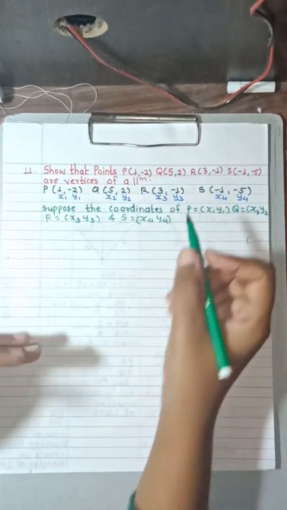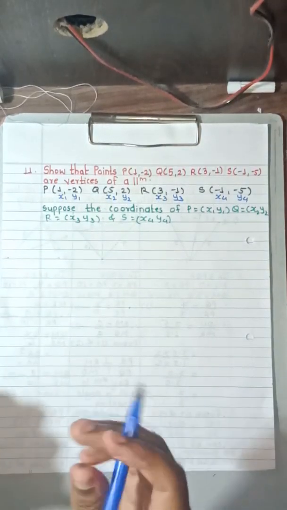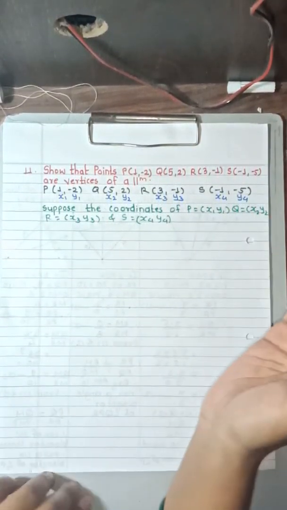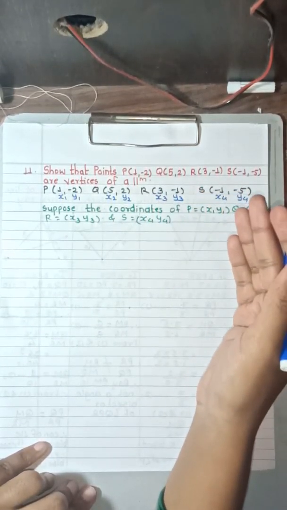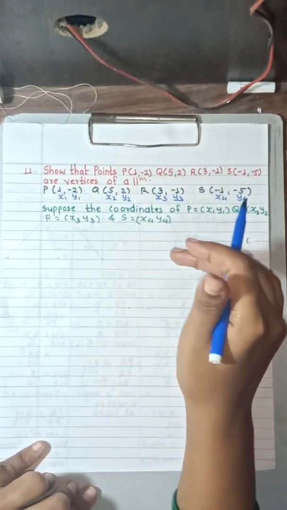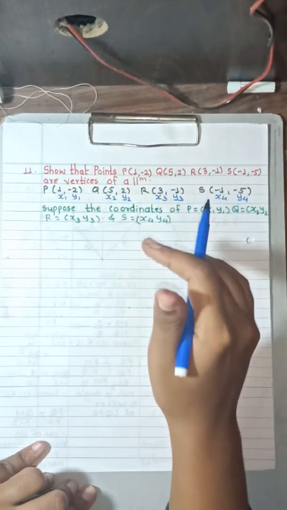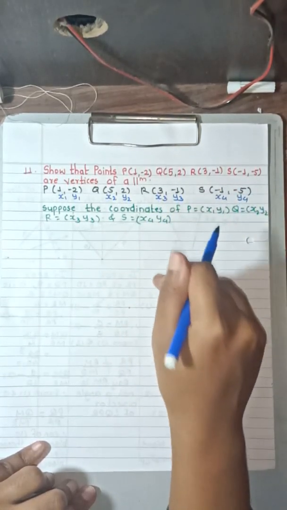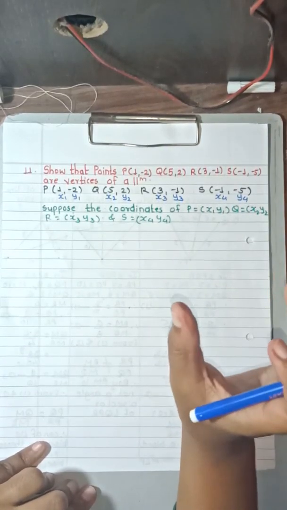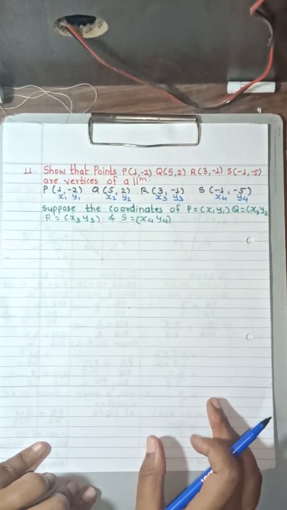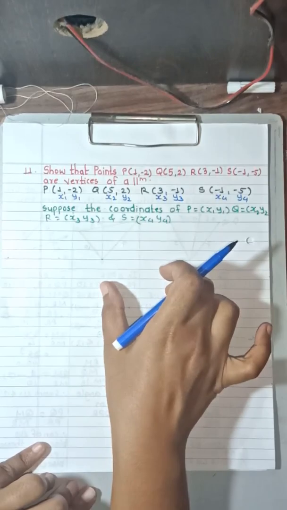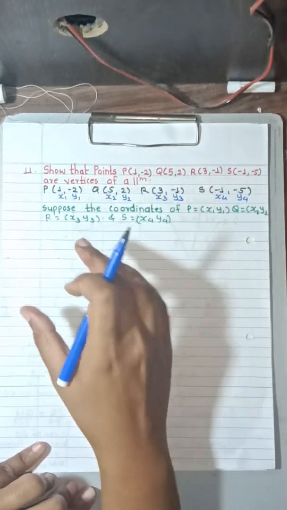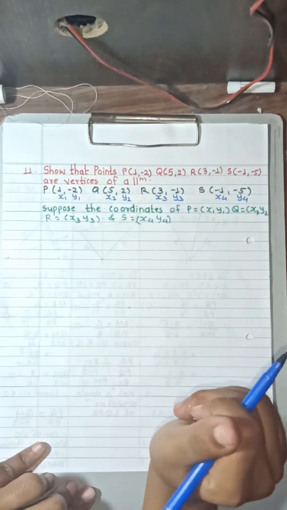Now children, here we can show that the points P, Q, R, S are the vertices of a parallelogram by two methods. But the method which I am going to use over here is a simple method. As you know, the slope of a line is reduced for this year from your syllabus. Just keep the formula in your mind and this will be easy for you all to solve it. So don't only remember the formula which I am using over here. I know that it is reduced from the syllabus, but if you go by this method, it will be easy for you all to solve the example.